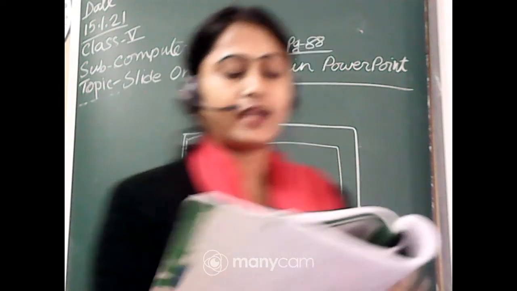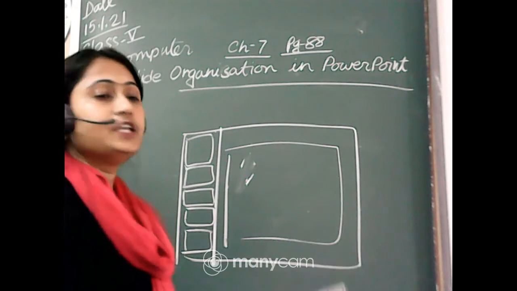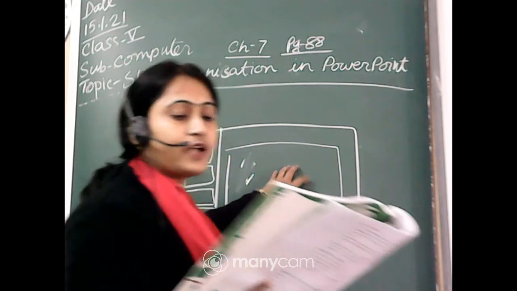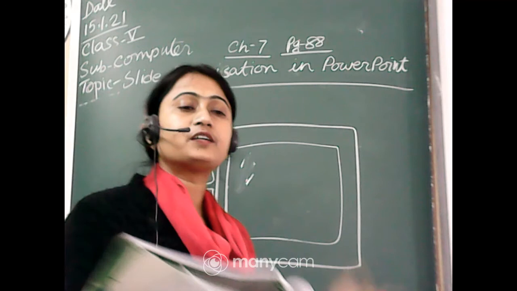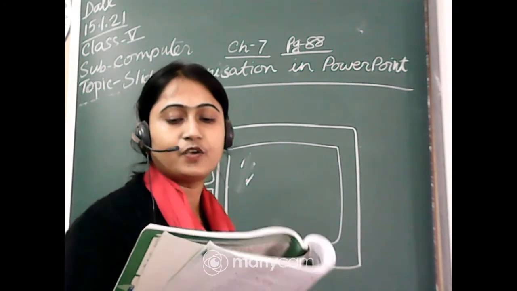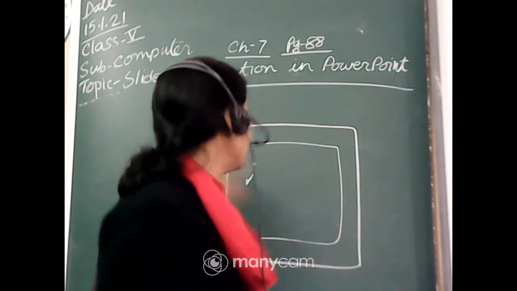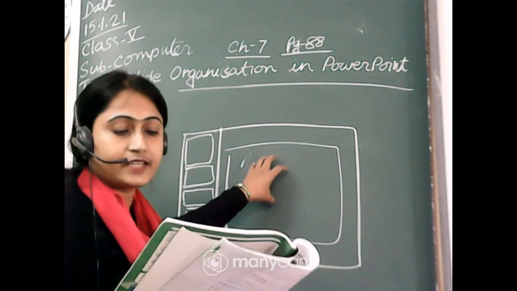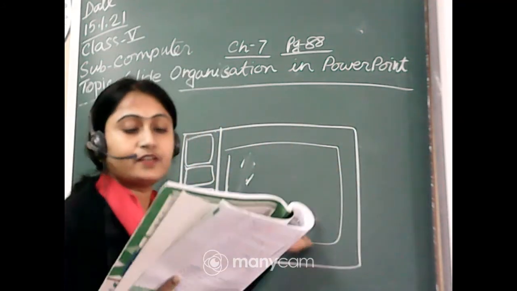In this way you can add text, graphics, sound, animation, and other effects to the slide. In normal view you can add pictures, text, graphics, sounds, any animation and other effects in your slide. In this view you can have a large view of an individual slide. Whichever slide you have chosen, you can see it and make any changes in a large view.